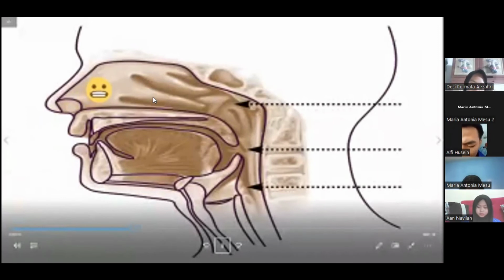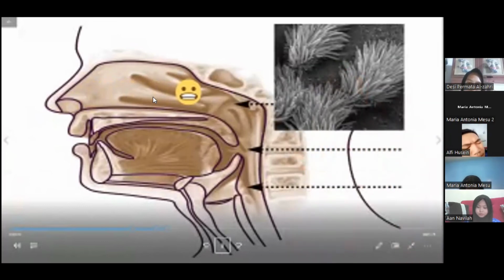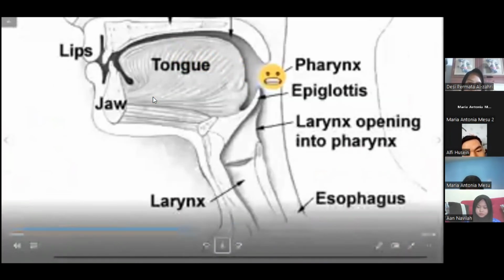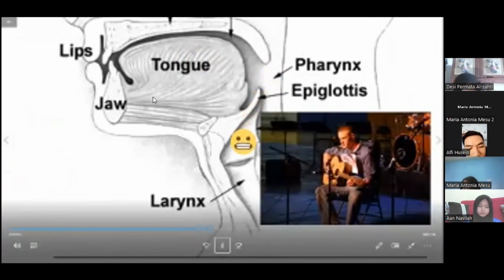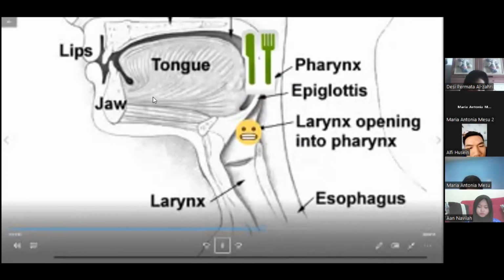As air enters the nose and mouth, it enters into the nasal passages. Your nose and nasal passages have tiny hairs called cilia and mucus that help filter out dirt and pollen from the air. The air next moves to the pharynx, which is located at the back of the mouth. From the pharynx, it moves to the larynx, which is commonly called the voice box. The voice box makes sound when air passes over the vocal cords. The epiglottis is a flap of connective tissue that covers over the larynx. It stands open during breathing to allow air into the larynx, but during swallowing, it closes to prevent choking on food.